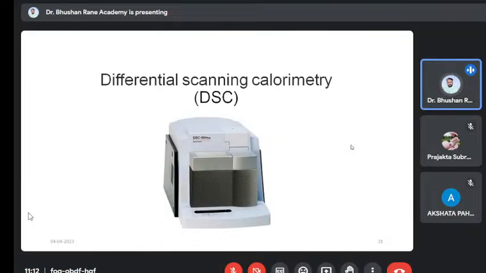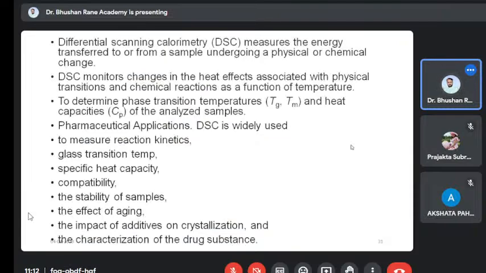The next instrument that I want to discuss is the role of differential scanning calorimetry, that is DSC, in formulation development or pharmaceuticals. All of you know the mechanism and principle of DSC. It measures the energy transferred to or from a sample when it undergoes some sort of physical or chemical change when heat is applied. The molecule may be degraded, melted, decomposed, or oxidized, whatever is going to happen, you can predict from